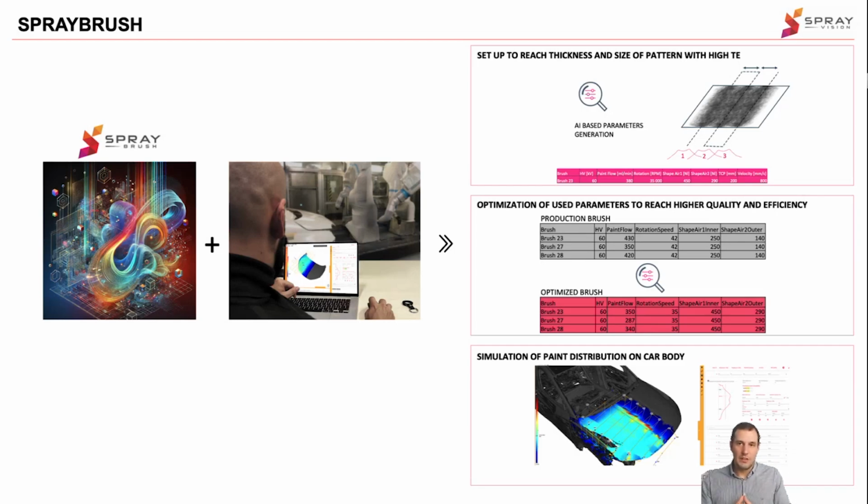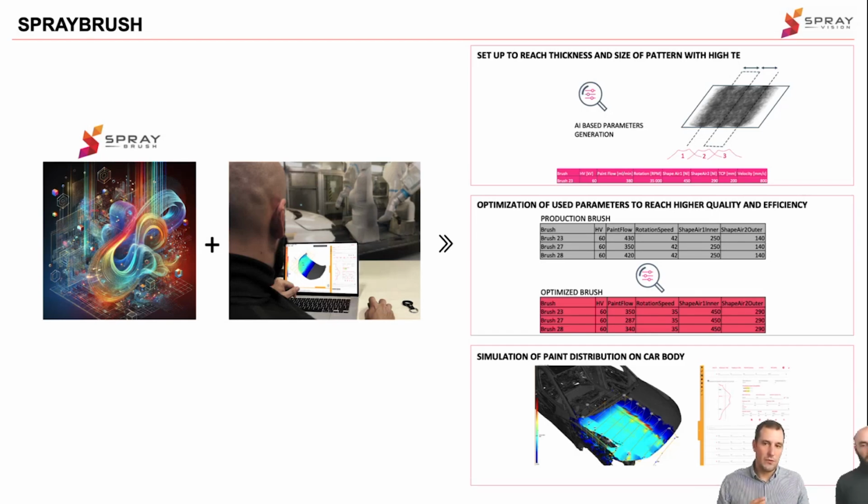So, for example, if you need to set up a new project on the coating line, and your focus is also to have high transfer efficiency, which our software can deliver, you are able to just give the request to the software. Okay, I would like to spray 10 microns on my bumper, car body, plastic part, metal part, whatever. And because I already have the trajectories done, I need the size of the spray pattern, which is 250 millimeters, for example. This is what we need from you here, and the software will recommend you the